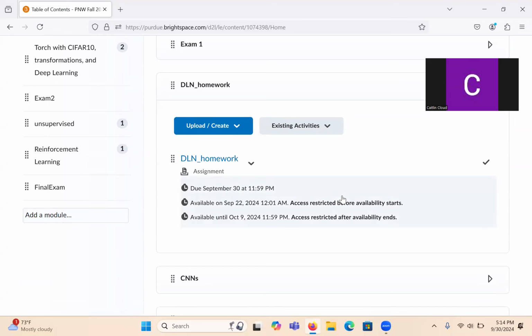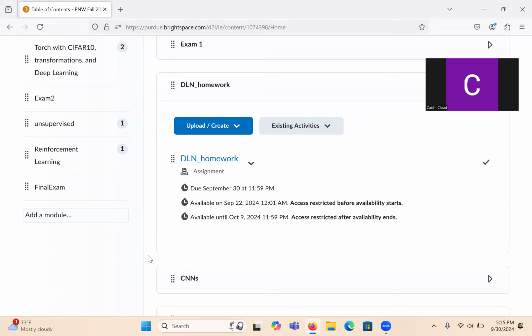I know that the way that I do this in the system is I kind of say it's due today, but if you notice, I leave it available until October 9th. So I kind of do it as a range. So even though it might mark it as late, you're not going to lose any points, okay? So submit your homework. You have until October 9th to submit it. Does that make sense for everyone, guys?